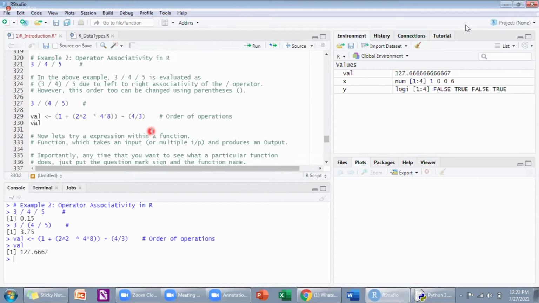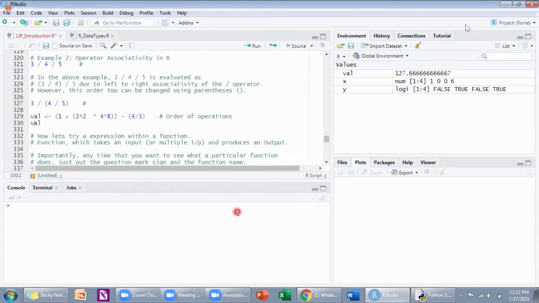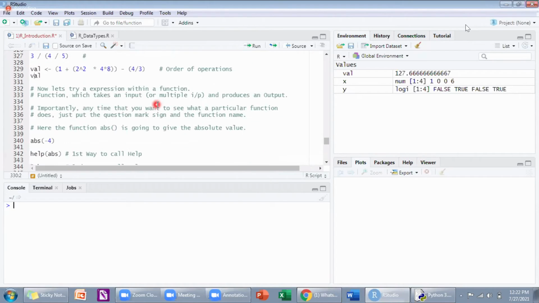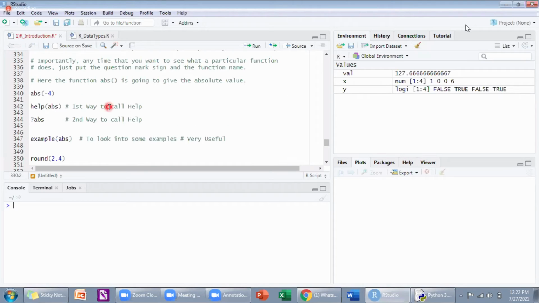Clear? We are done with operators. Clear up to here? Any doubts in operators? No, good. Then here I'll be starting a few functions. Don't worry, we'll discuss these functions again in unit 2, but here I would like to just introduce them to you.